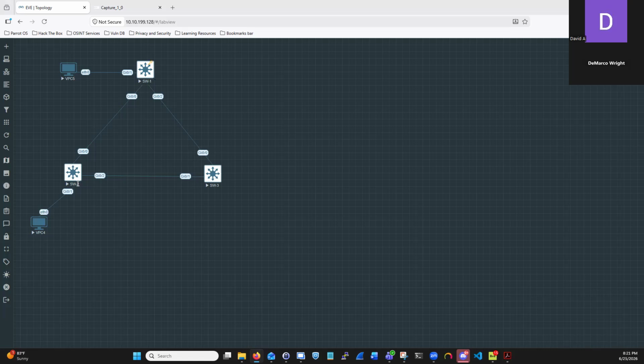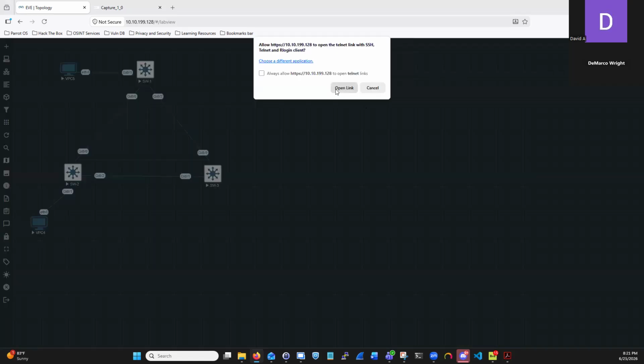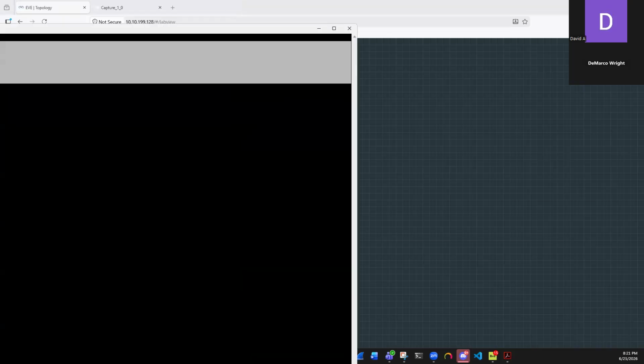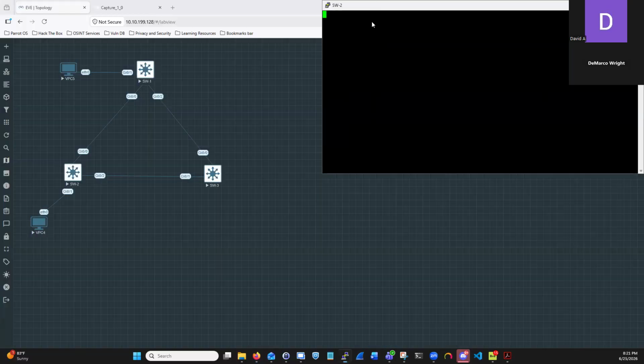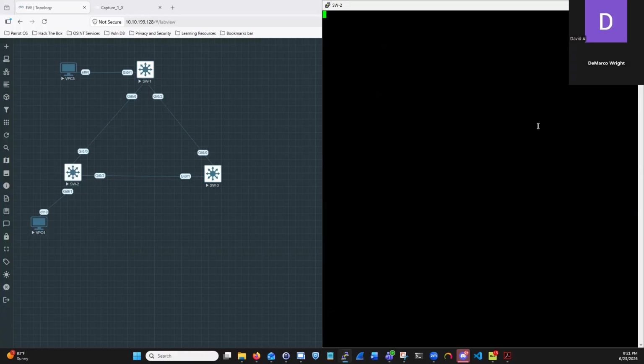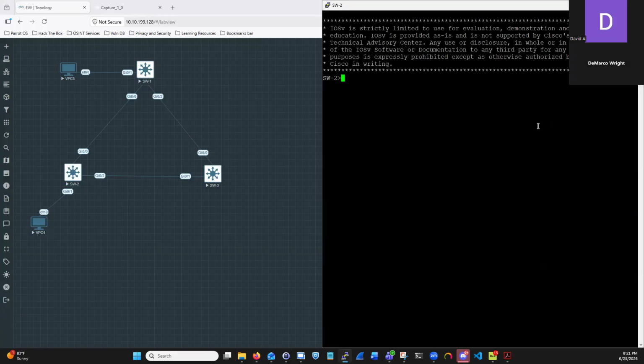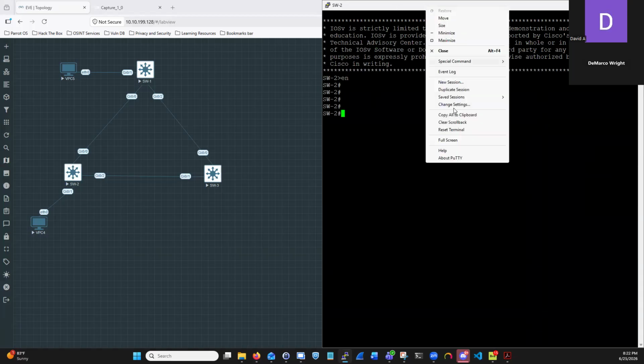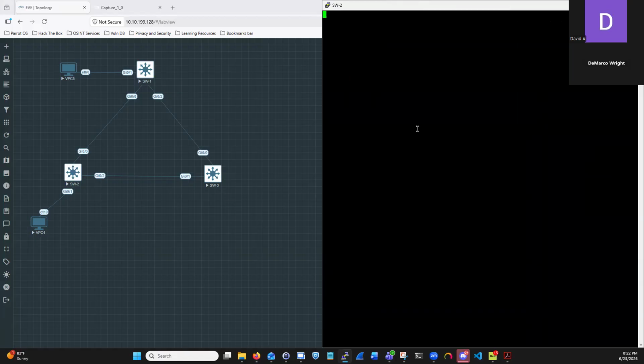Let's go ahead and go to that non-root switch. Let's pull that up. What does failure look like? And this brings me to a good point: why is it important to understand that the switch is going to react whenever it doesn't receive a hello BPDU? Well,